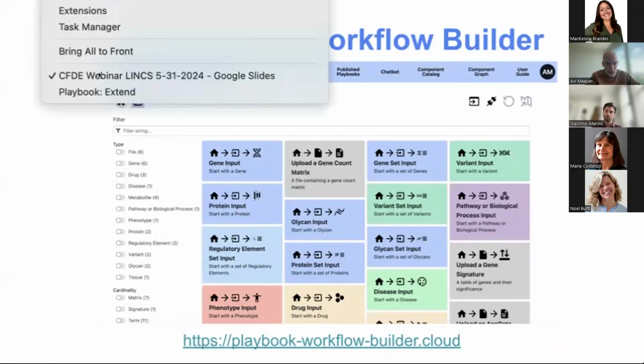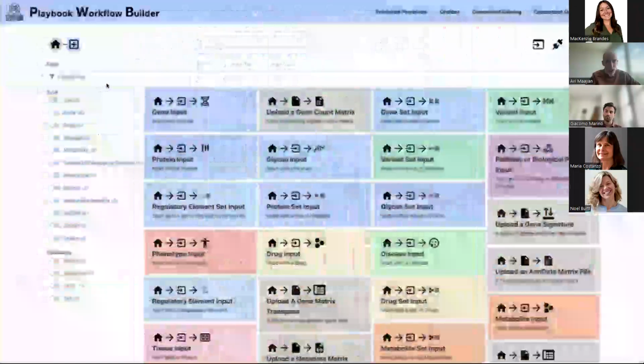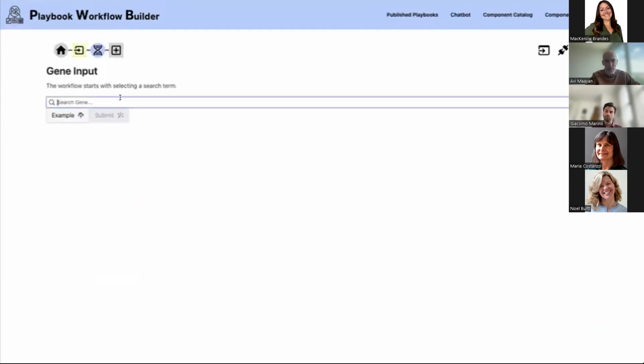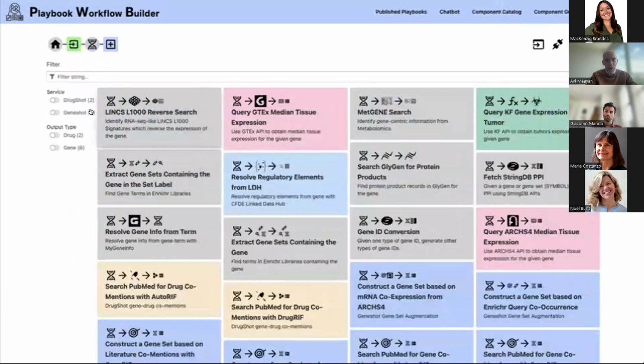So let me switch. This is the website, and I will post the URL shortly. Here you can come in and you see all those cards, and those cards tell you what you can start with. So for example, you can start with a gene. Here I can type in STAT3, for example, which is one of my favorite genes. And then I'm presented with another set of cards of what I can do with this gene. Those are different next steps. And you can see the breadcrumbs at the top show me